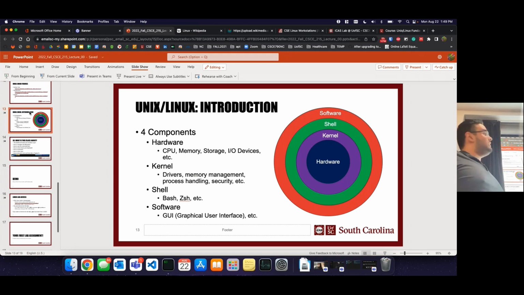All right, this is what I was trying to describe. We have a hardware layer in the center. We have the kernel built around it that supports the drivers and hardware utilization. We have the shell around it, which is what we're going to be focusing on. And then you have all the software, GUI software, around that.